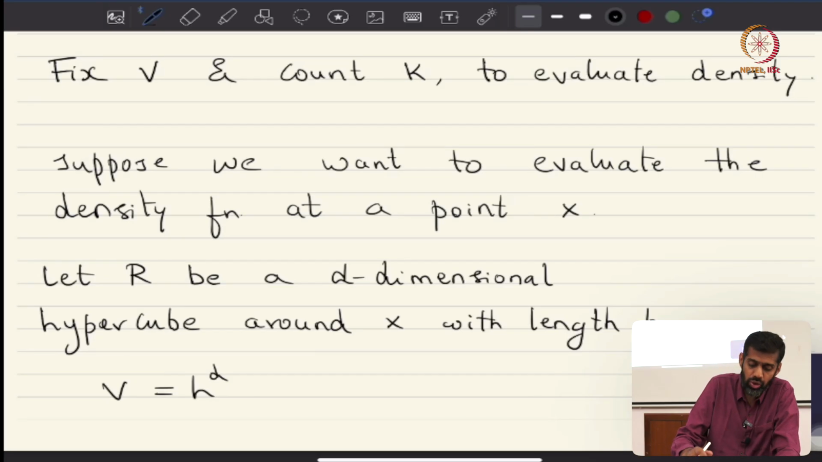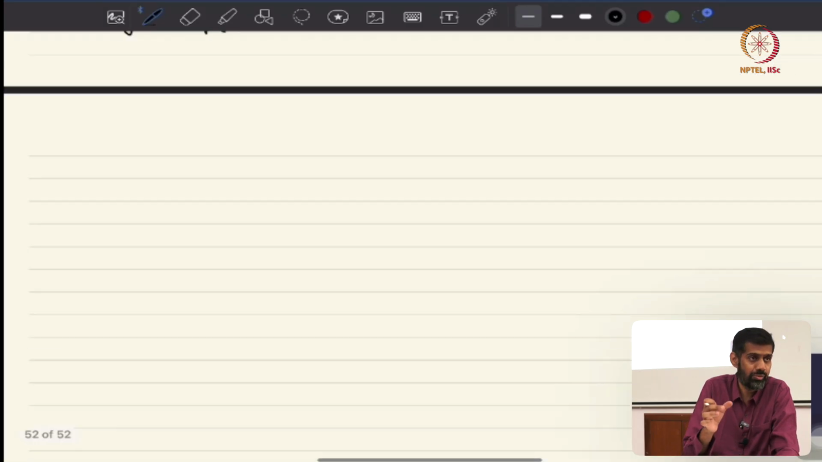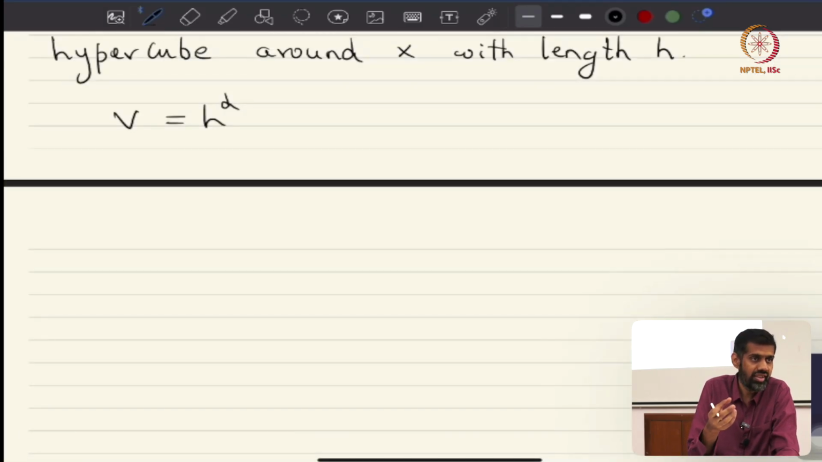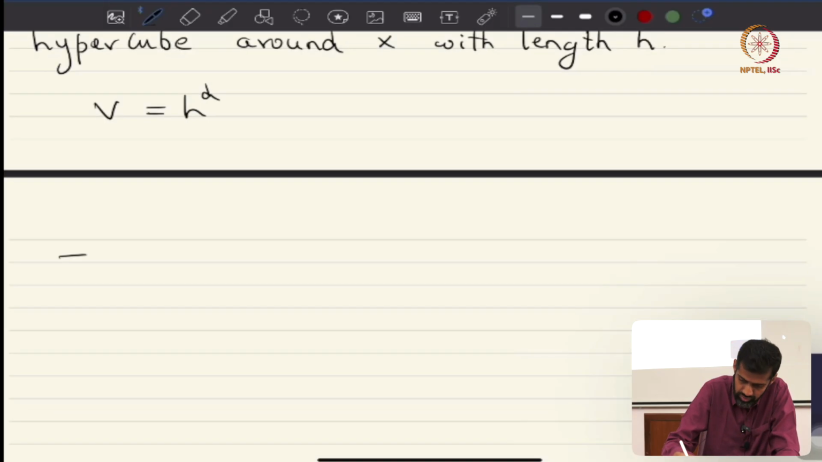Okay. Now what we should do is that, given that we have this hypercube, we will have to count the number of data points that are falling in this hypercube, right? How do we do this? So to count k, define a window function